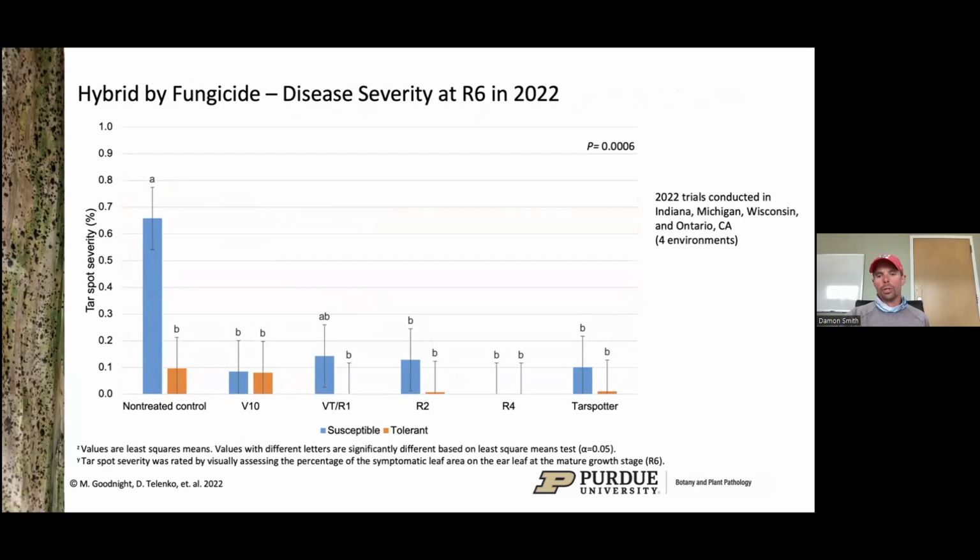And you can see where you utilize a resistant hybrid, you really start quite a bit lower than on a susceptible hybrid. So that's really your first line of defense. And as we think about scouting in 2023, I'd be going towards those known susceptible hybrids first to scout and look for disease. And you can see the sweet spot really, especially on the resistant hybrid, is in that VT to kind of